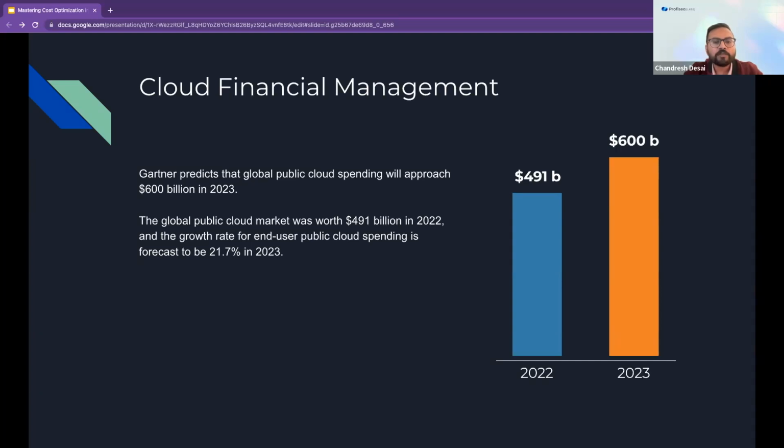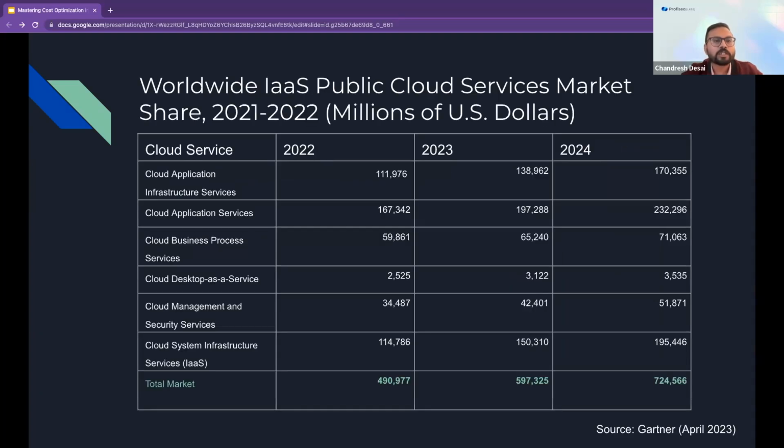So let's take a deep dive into Gartner's report first, and then I will go through more challenging use cases and how we can resolve them through a FinOps strategy. Here, if you can see in this table, infrastructure as a service for public cloud services is segregated by each service, showing the total market in 2022 and 2023 and what it should be in 2024.